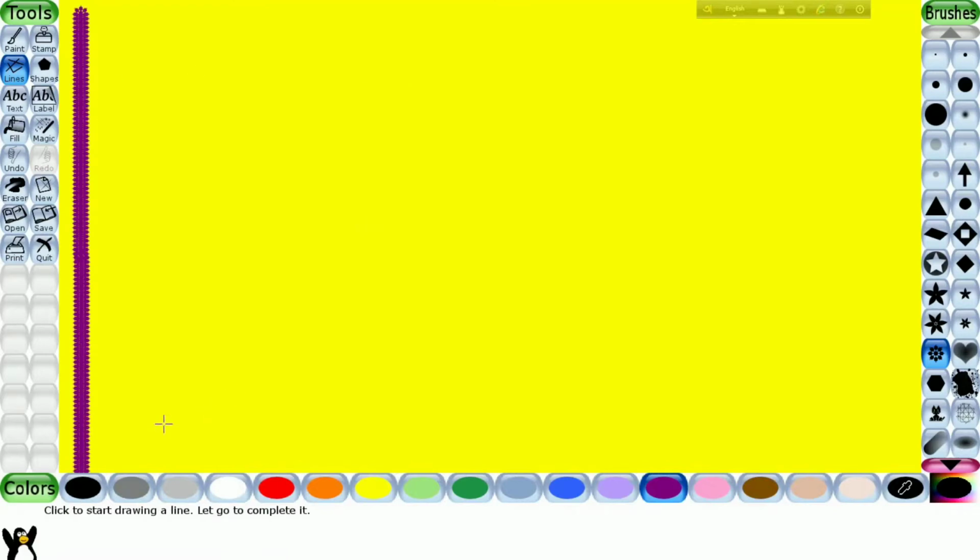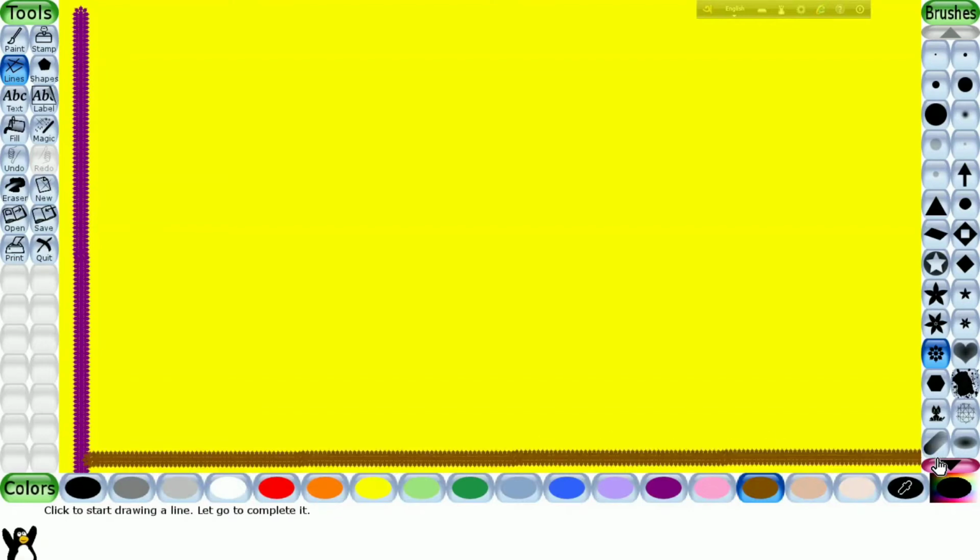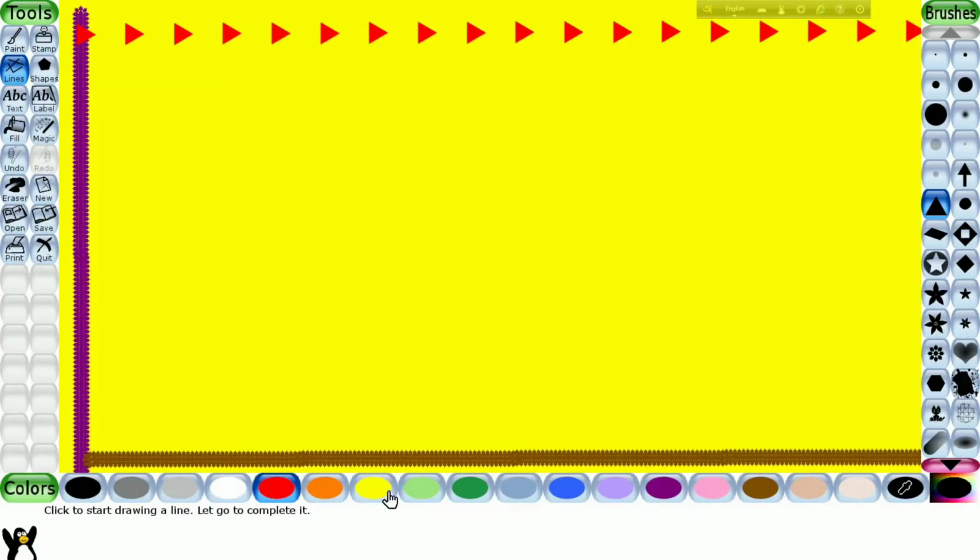You can see the border is designed in the form of a flower. Now I will draw another border with brown color. Now I will draw a border with the triangle shape. You can understand easily if I draw the border with triangle shape because it is more clearly visible. See, you can see the line in triangular shape.